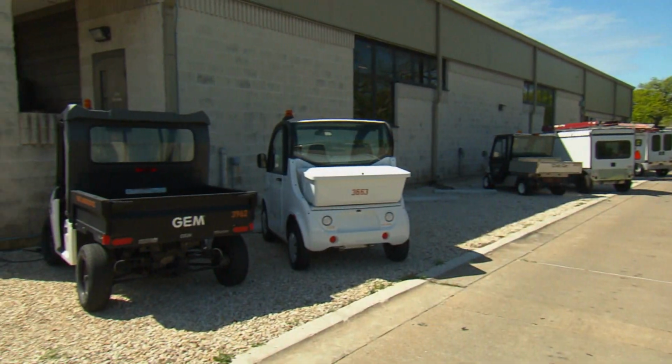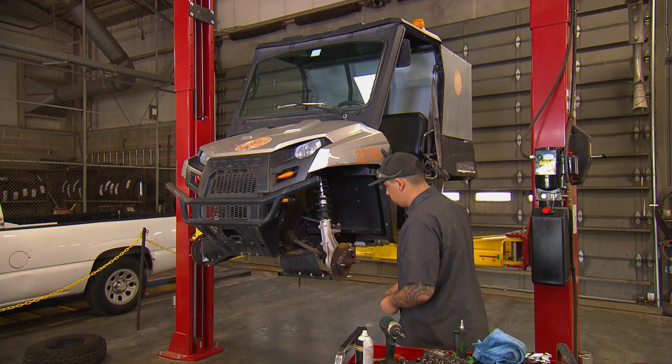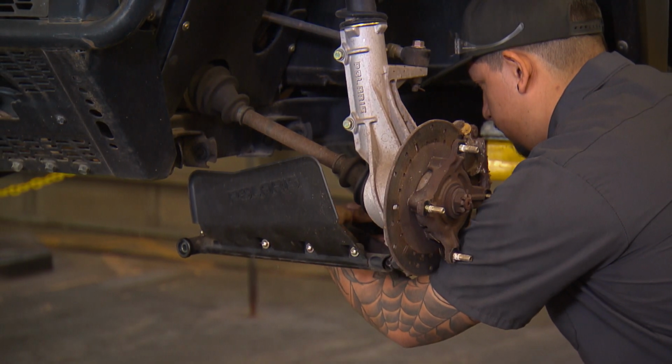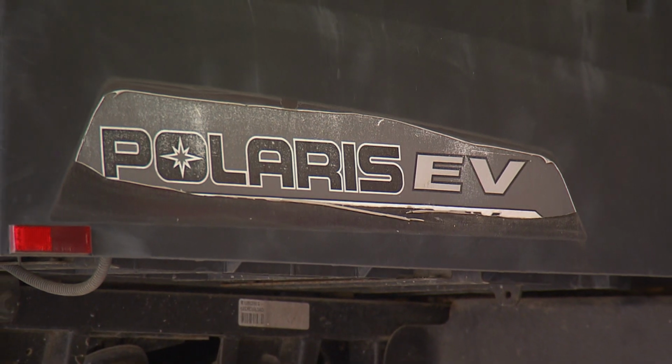It's a little bit of a learning curve with an EV, but with schematics and with operators' manuals, they're able to figure it out pretty easy. We also get a little help from the manufacturers. So when we buy from a specific manufacturer, they'll give us the tools to work on the EVs. They'll often send mechanics down to give us training in basic PM services and at least the basics of keeping